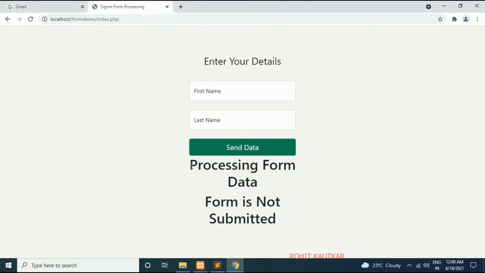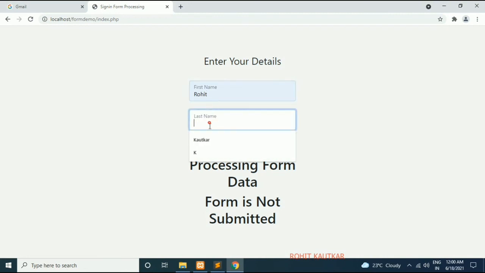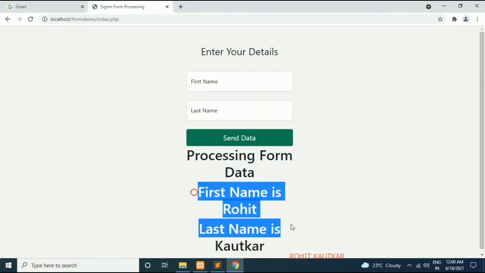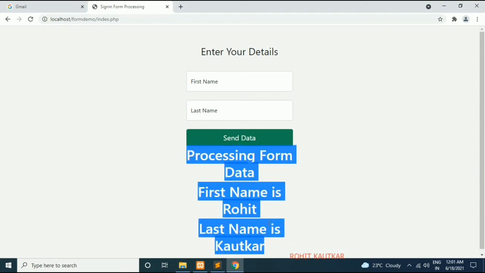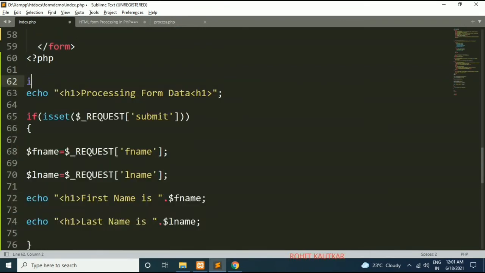Now friends, you can see here after our form we are getting this output. Okay, so now I will show you, if I submit this form and click on send data, you can see here we are getting this output. Friends, you can also check whether the form is submitted or not, and only after submitting the form you can display this data. So how can you do that? For that you need to change the code a little bit here like this.